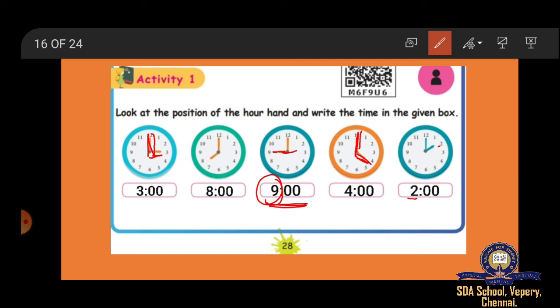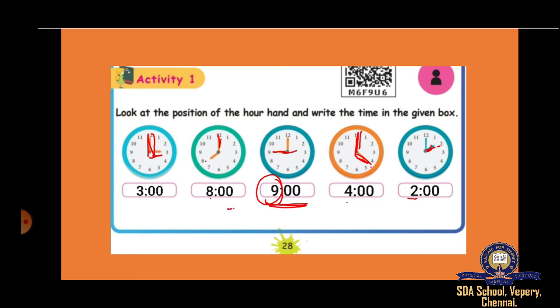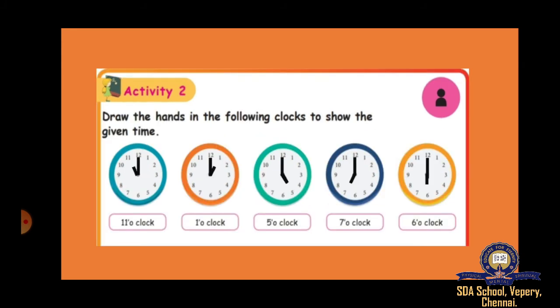That is the main thing you should learn. So if it is 2, the smaller hand should be on 2. 4 means 4, 8 means 8. And 0 0 means the minute hand should always be on 12. That is the main thing you will learn in this. Here also see 11 o'clock, 1 o'clock, 5, 7, 6, like this you have to know what is time, and you have to know how to place the hands of the clock. Okay children, this is a very easy lesson, only learning about the clock.